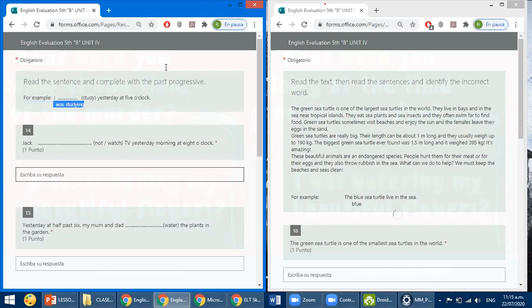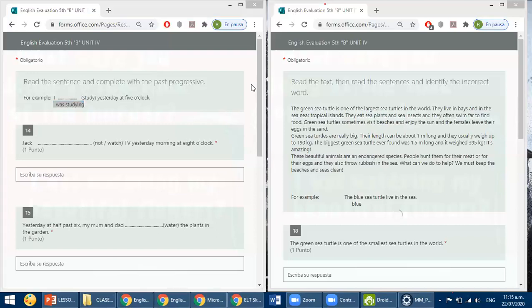Christopher, te he mandado un mensaje en el chat privado. Ve por favor a tu chat. Sí, teacher, ya lo vi, teacher. Gracias. Aprovecha el tiempo que tienes, por favor, para corregirlo, ¿ok? Si lo terminas, me lo envías ahora mismo para revisártelo otra vez. Ya, teacher. Ok. Kaori, please. Kaori, what is your question?